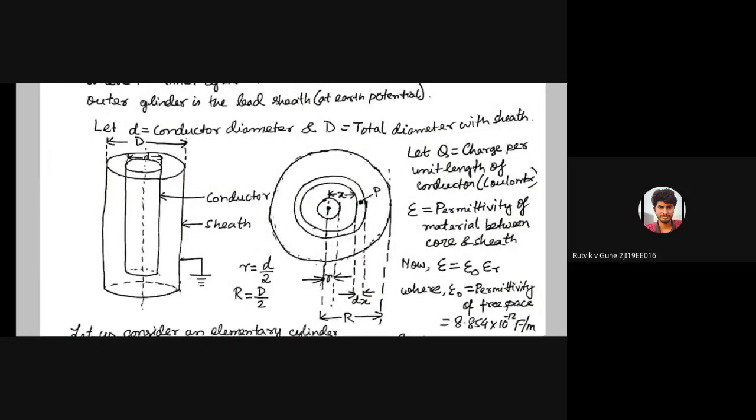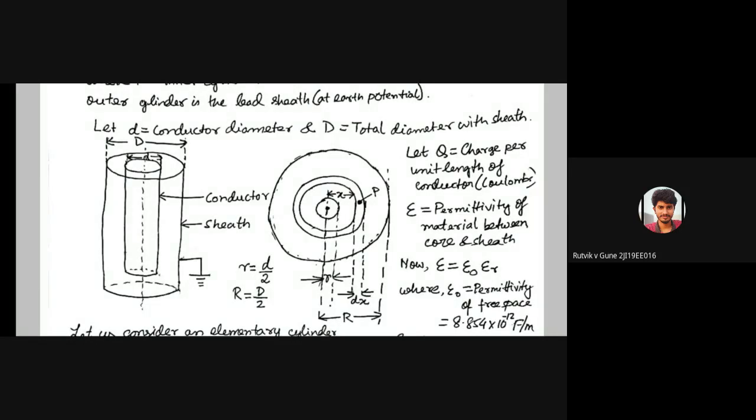If we are to calculate the capacitance of such an underground cable, how will we proceed? For calculating capacitance, we know that capacitance C equals Q by V, where Q is the charge and V is the voltage. So we will calculate Q, we will calculate V, and then we will calculate the capacitance, C equals Q divided by V. So starting with this part,